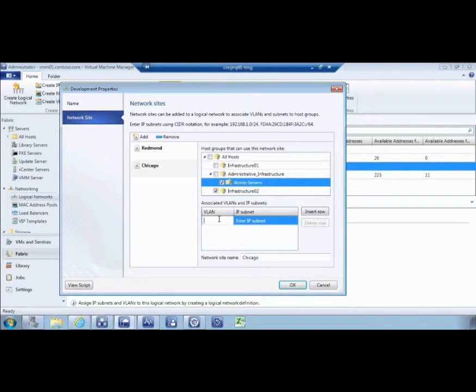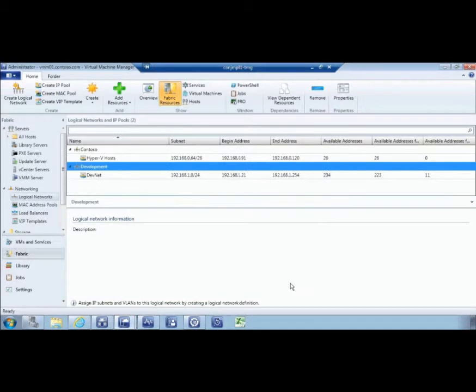Insert a row. So the VLAN, if I had a specific VLAN ID, and this is VLAN 29, and the different subnet range. So these would be 10. So I've specified the IP address range here, and I hit OK. So at that point, I now have a different network site that is available for deploying different virtual machine addresses there. So I can create a new IP pool,